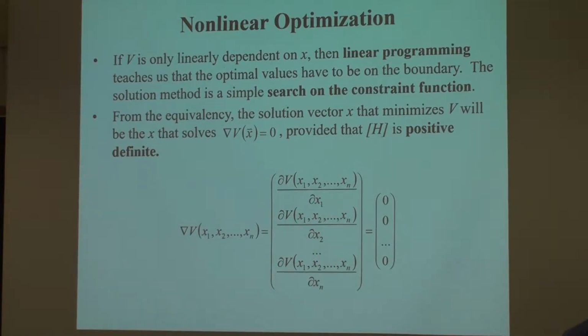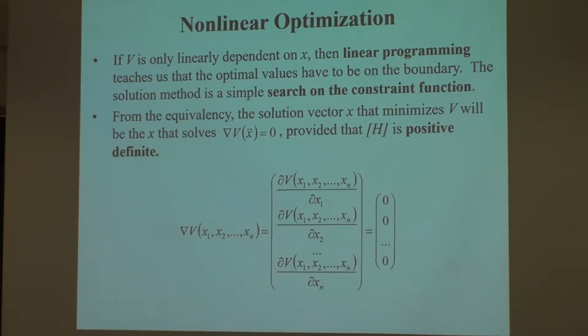So let's go back to the general nonlinear optimization problem. If the problem is linear, if your v depends linearly on your n independent variables, I'll leave that to your own practice. You should have done some linear programming in some classes. If you haven't done it, don't worry about it. It's very simple. When you have to solve a very large matrix, the large matrix is still difficult to solve, don't get me wrong, but the principle is simple.